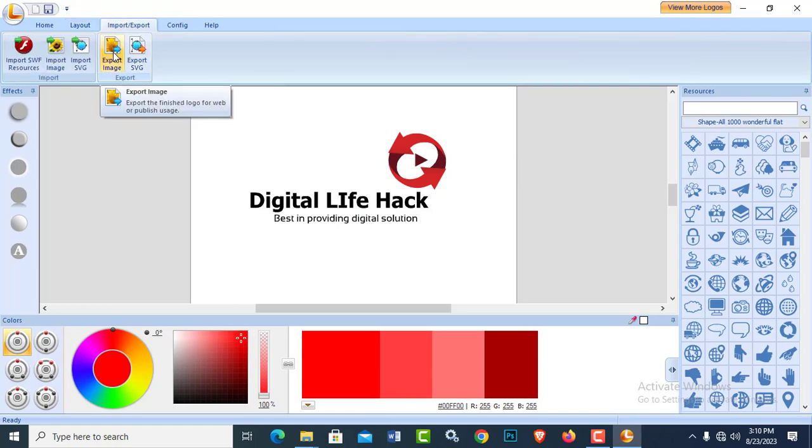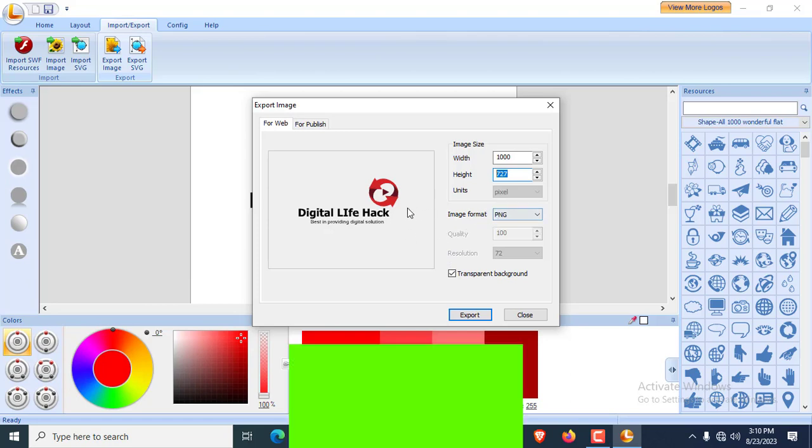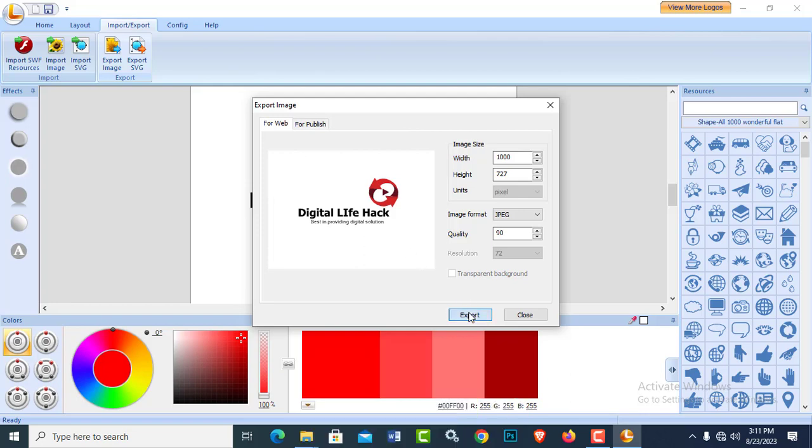Click on it and click on import image. You can now change the desired canvas size to any of the size that you want. Let me use 1000 by 720 something. Since we have this one to be PNG, you can change it to JPEG, in which it will have a background. Now it has a white background. Now you can click on export,